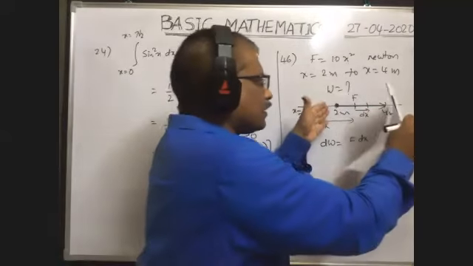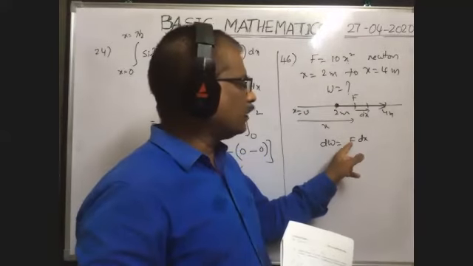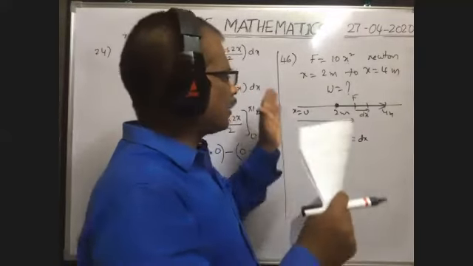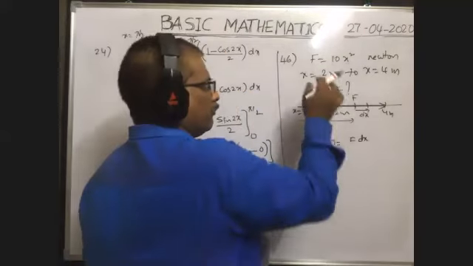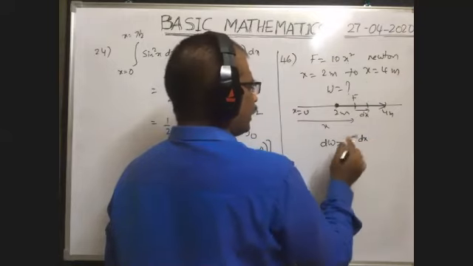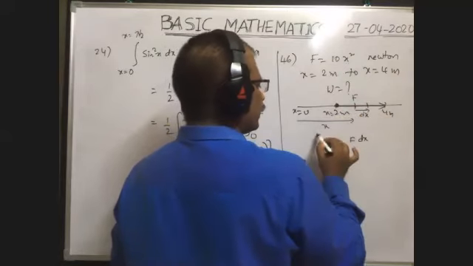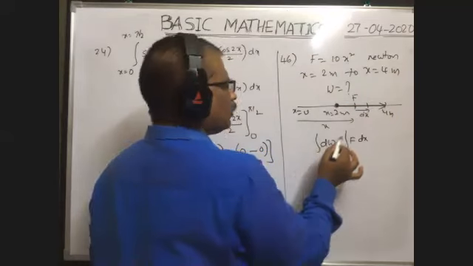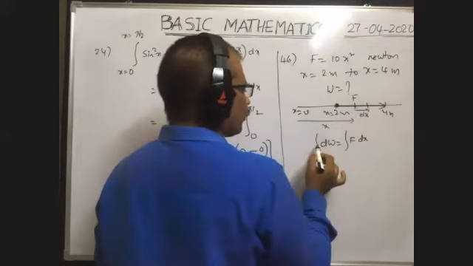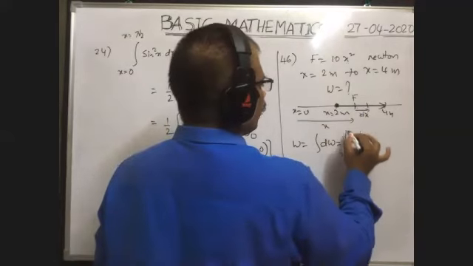But when you consider a large distance, now we cannot write like this. For a large distance, we should not write F into x2 minus x1. How can we find it? Whenever a variable force acts on a body, you find the work done for the small distance. Then to obtain the total work done in displacing the body from x equal to 2 to x equal to 4 meter, you integrate. It is a small work done to displace the body through a distance dx. To displace the body from x equal 2 to x equal 4, the total work done means integral dW, limits x equal to 2 to x equal to 4.